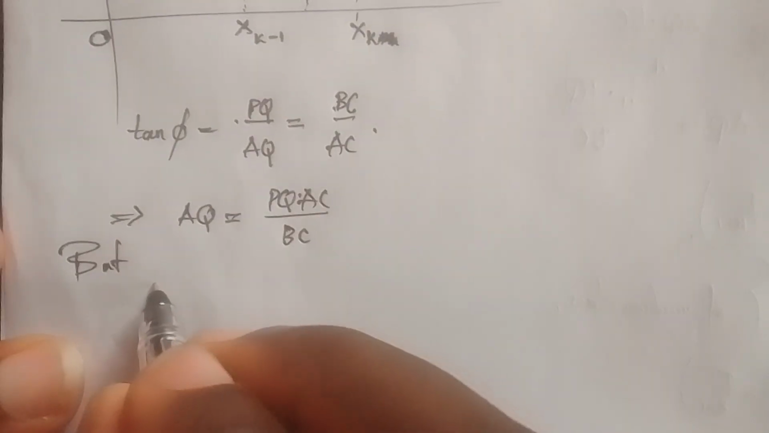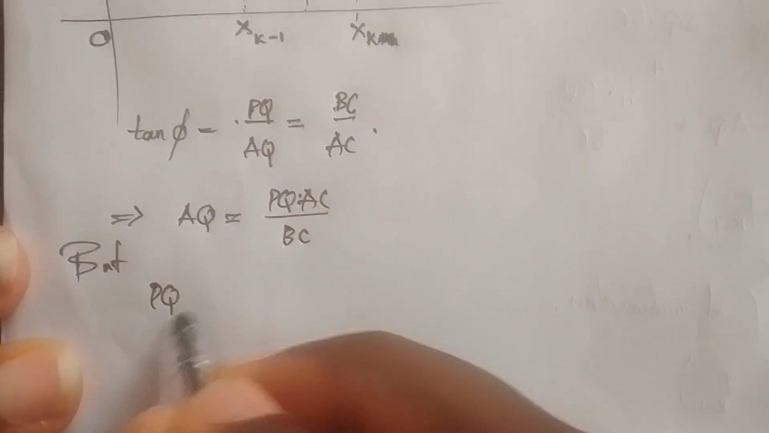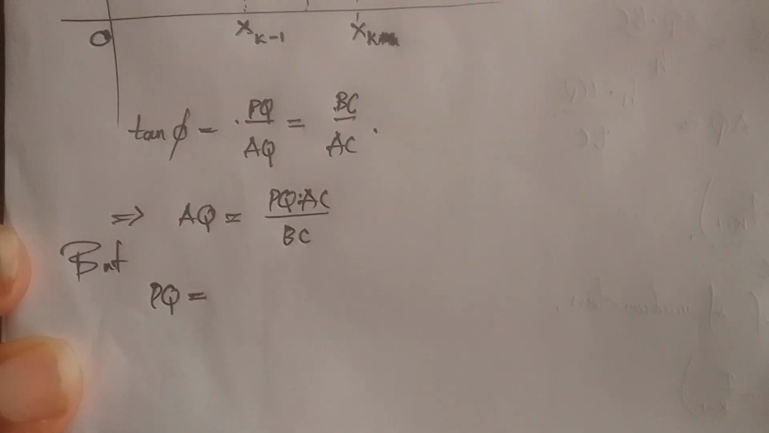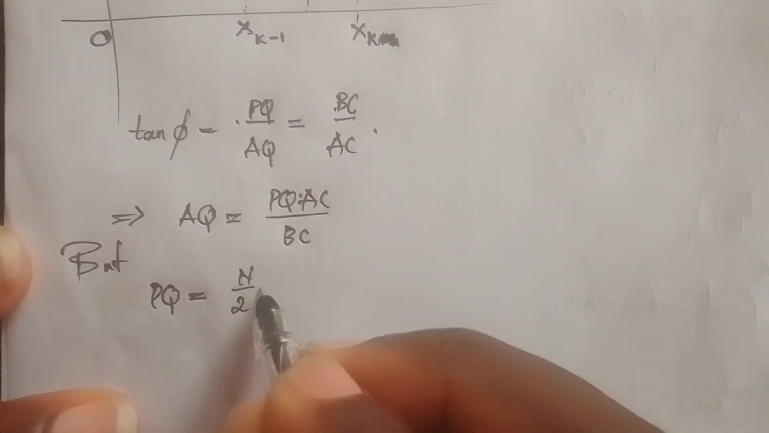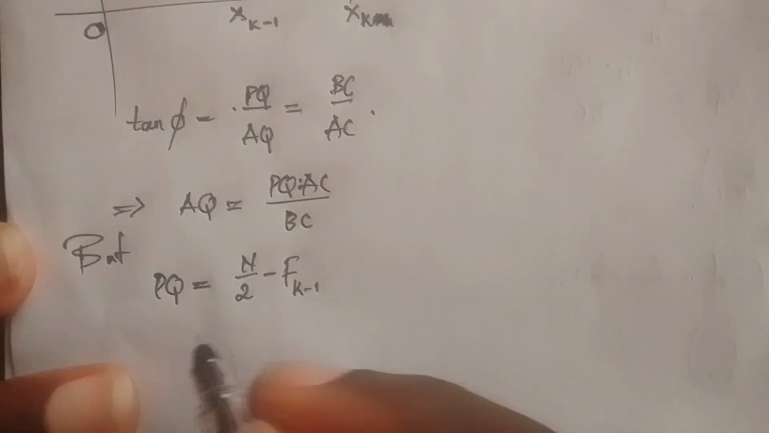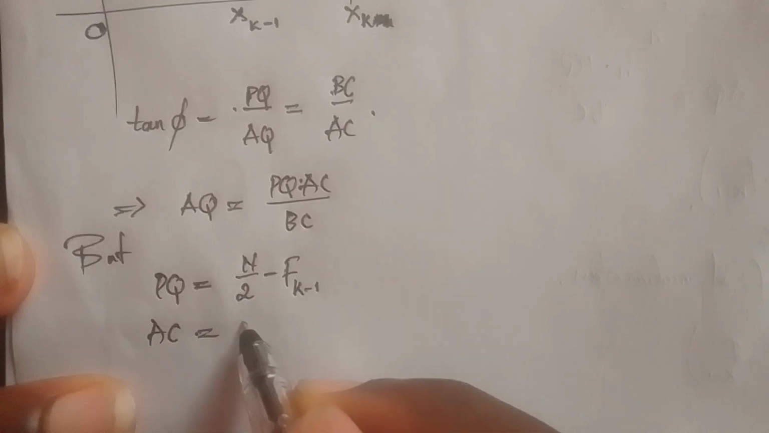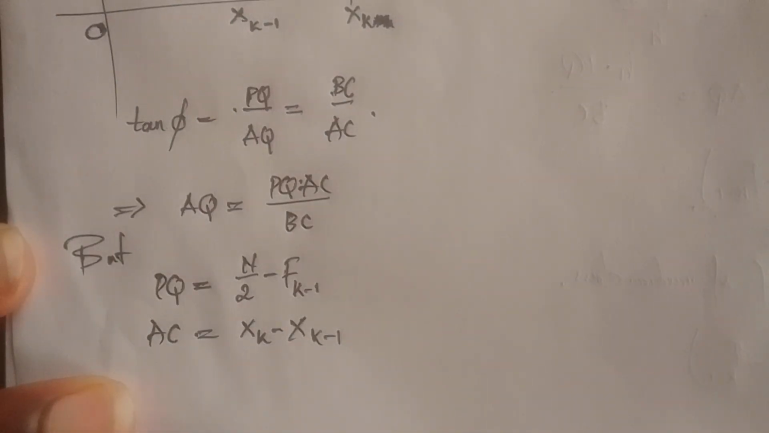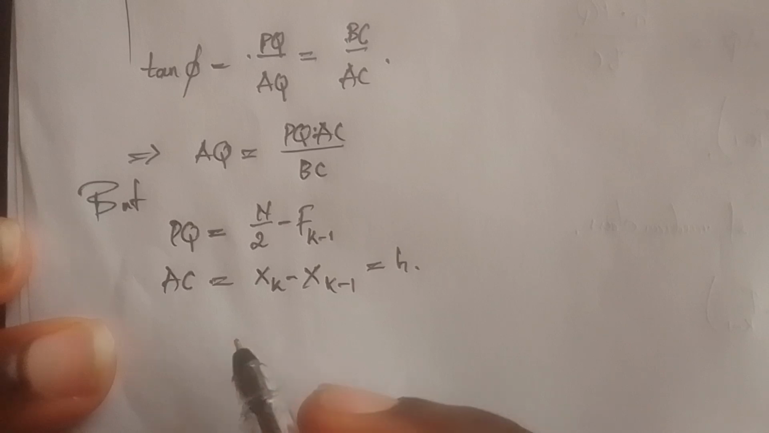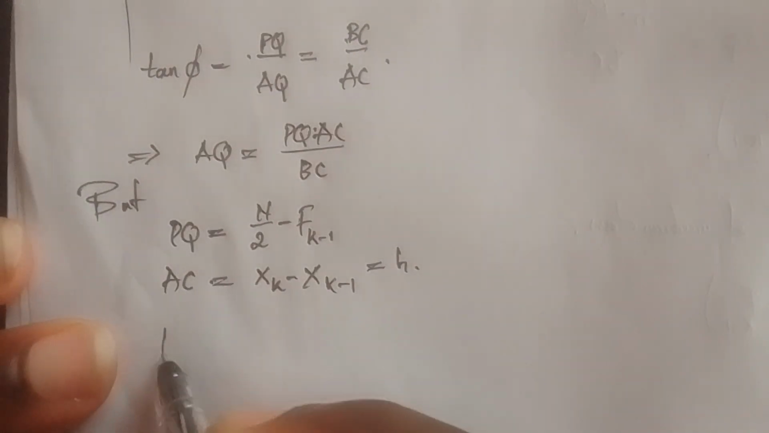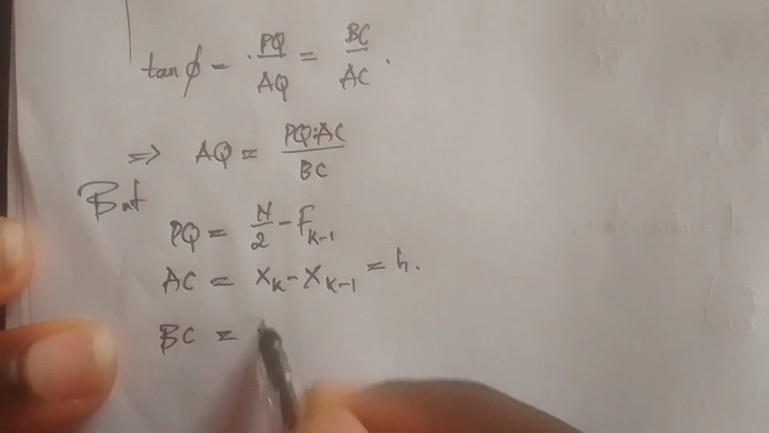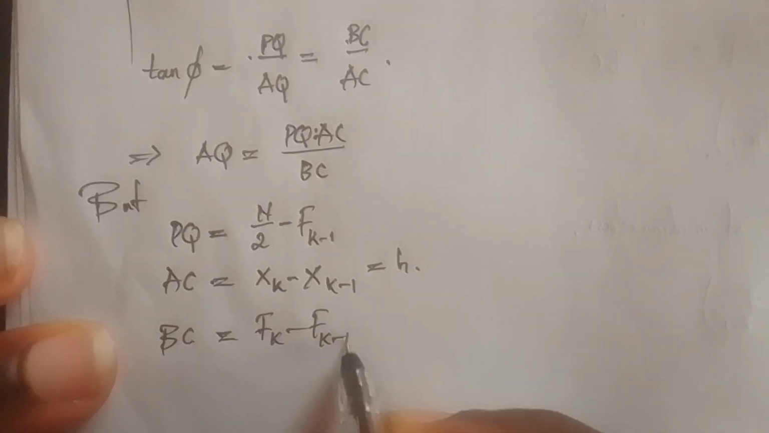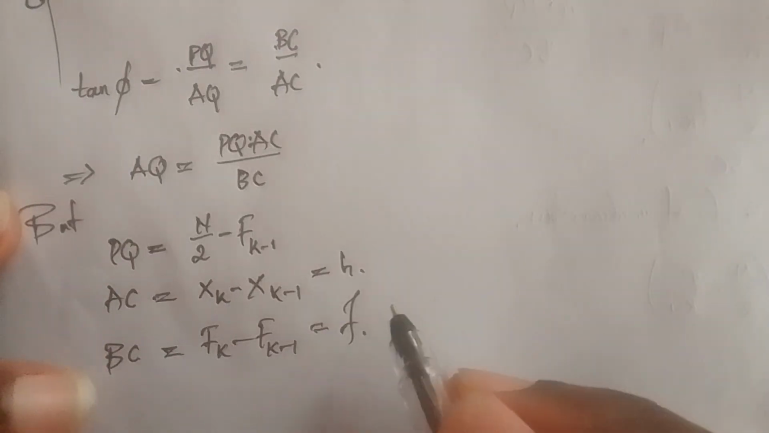But we know that PQ is actually n over 2 minus fk minus 1. AC is equal to xk minus xk minus 1, which is equal to h. BC is equal to fk minus fk plus 1, that's the frequency for the median class,